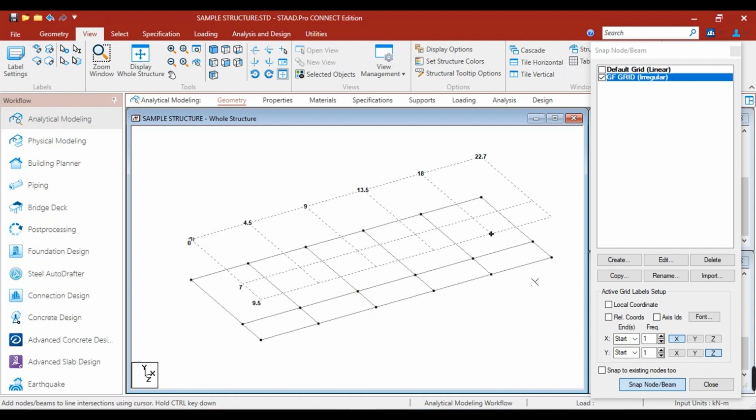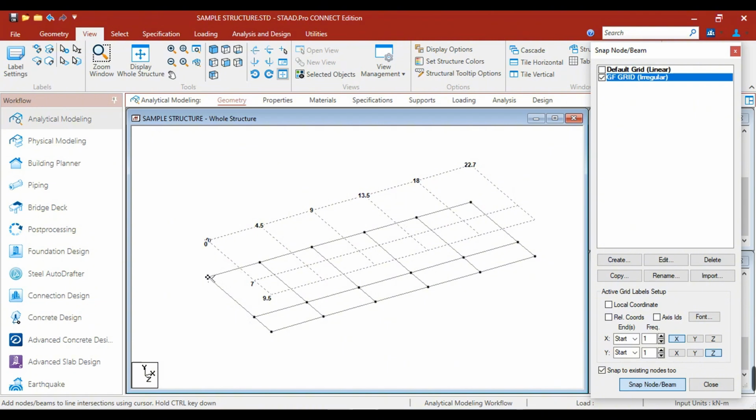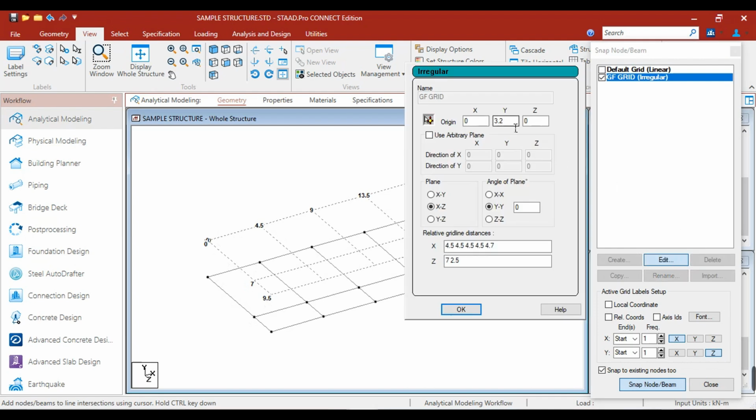It is very important that you click the snap to existing nodes too. Sorry, let's proceed with the foundation first so that you can see the support from the foundation to the ground floor.